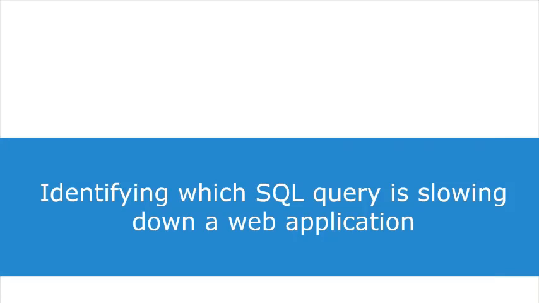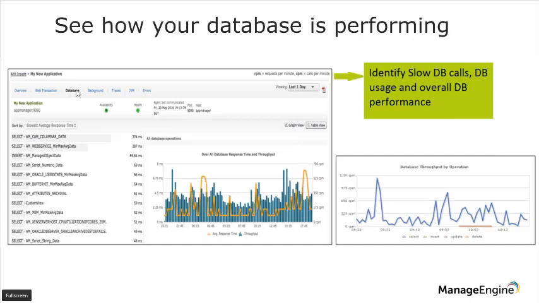Now, take a look at this image, for example. This is the database tab that we haven't seen yet, but we will, and the information present within the database tab. Again, the slowest transactions are right here, and on the right is the transaction information in detail. So you can identify the slow database calls, the overall usage of the database, and the complete performance of the